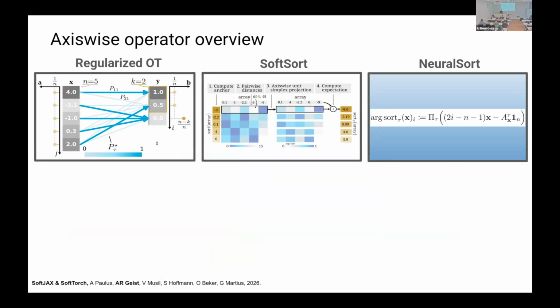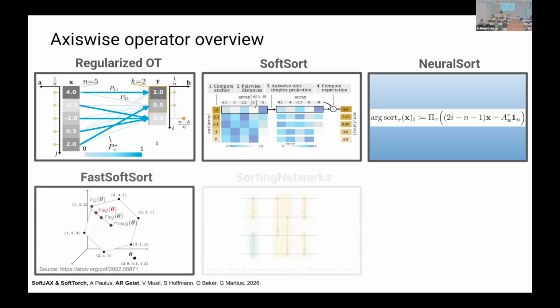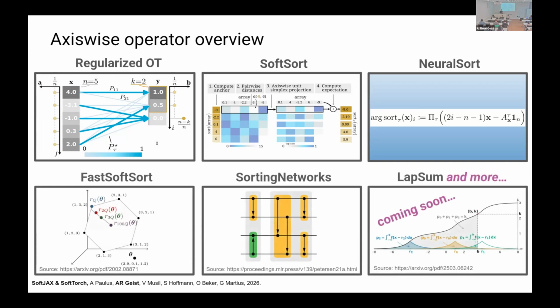We implemented it as a baseline. Then I already talked about soft sort. Neural sort is very similar to soft sort. It computes a slightly more complicated anchor, but it also has quite nice smoothness properties. And then we implemented more exotic algorithms, such as fast soft sort, which avoids the computation of a